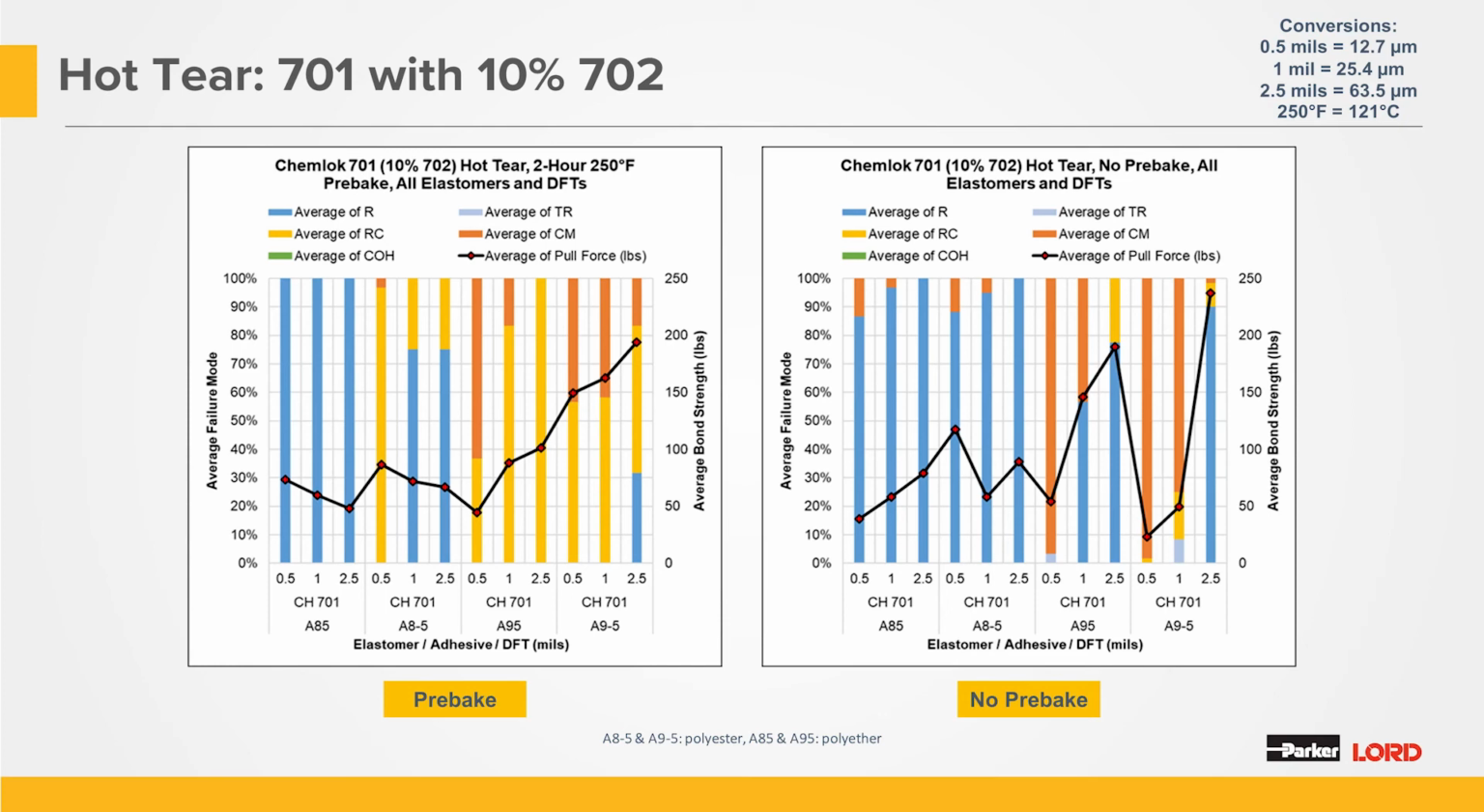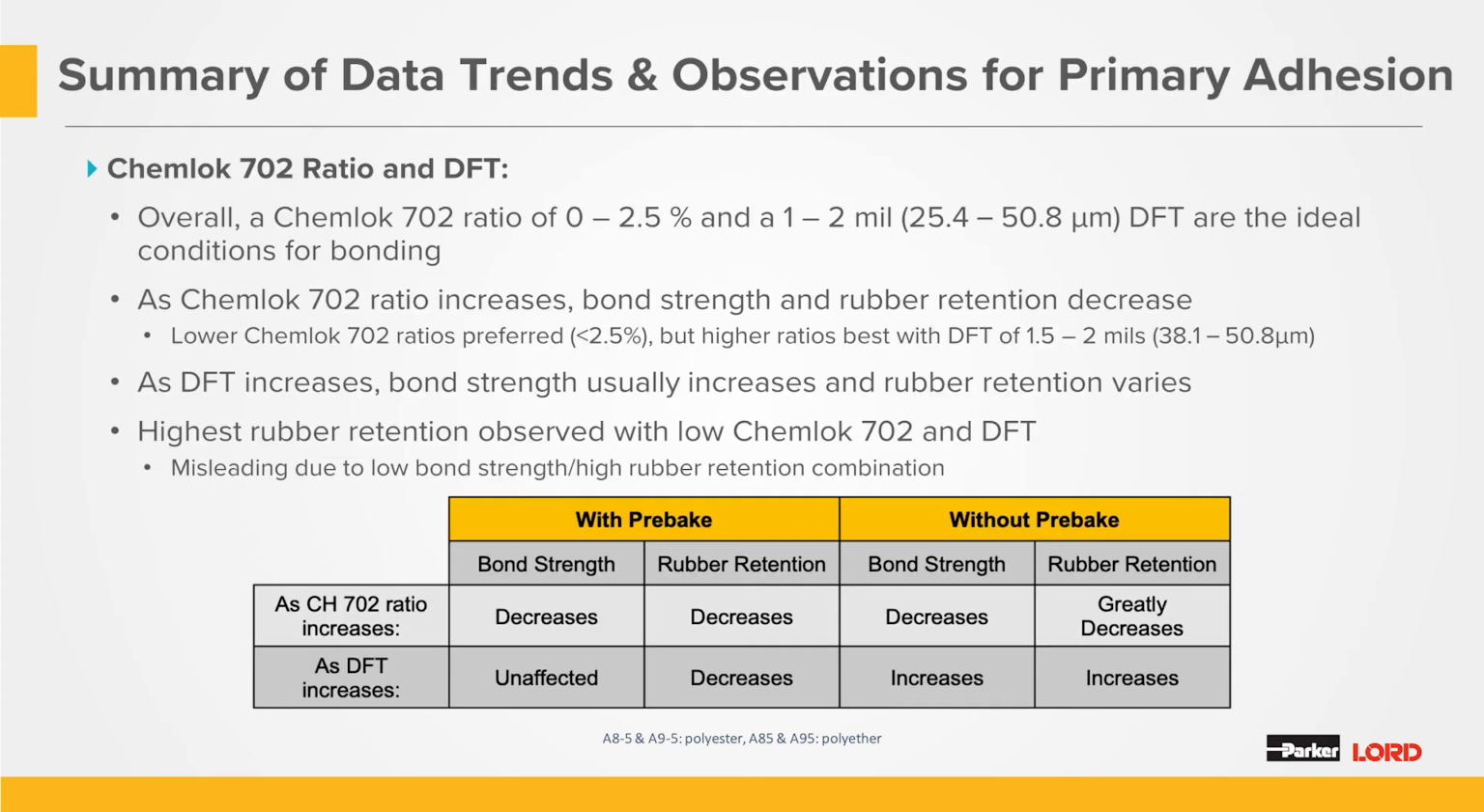Both with and without a pre-bake, the highest bond strength is observed with A9-5, specifically at 2.5 mils dry film thickness. As the DFT increases, the bond strength of the stiffer elastomers increases. We can observe this with both pre-bake conditions, and it follows the trend that we saw with the 7.5% curative ratio. Now that I've covered the data for the environmental tests, there are some trends and observations that I'd like